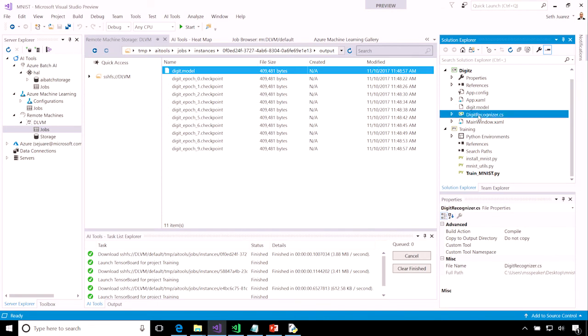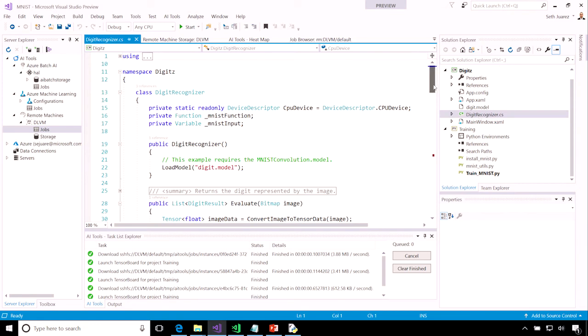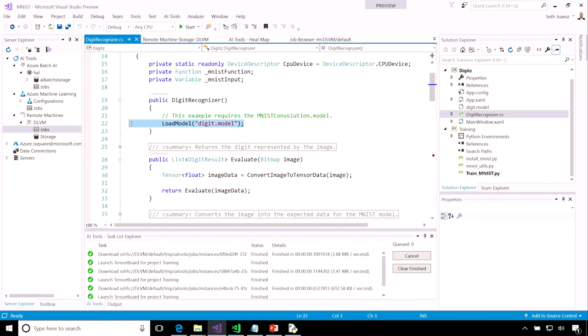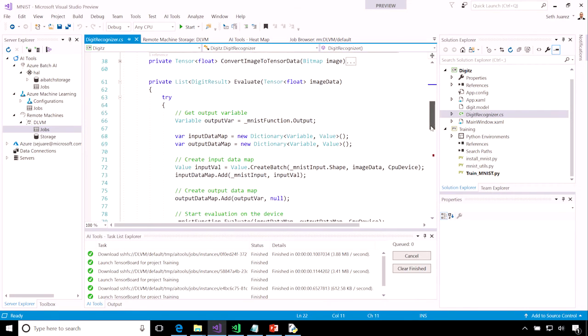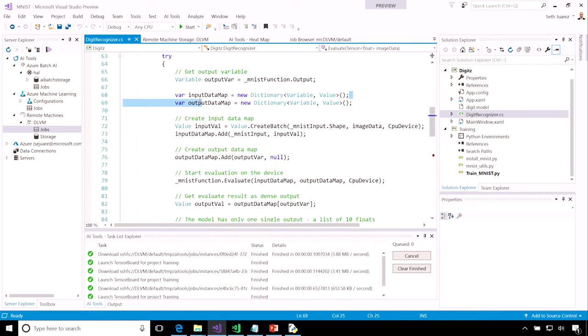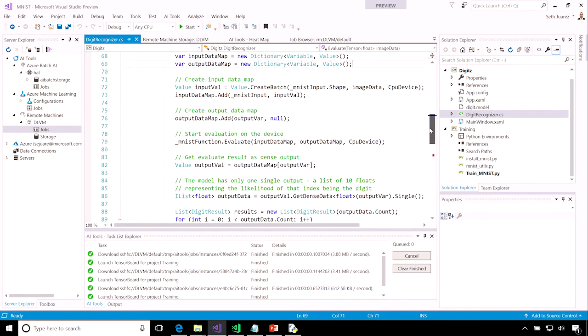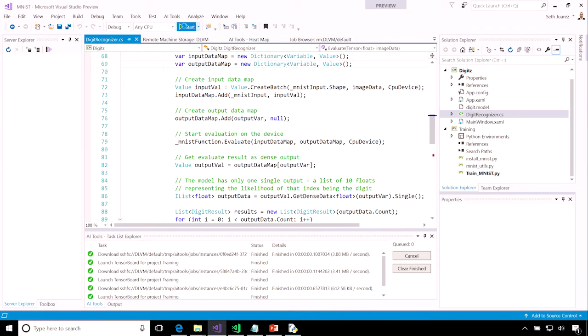To use the model to actually do inferencing, we simply load the file, and then we will take the input data of the image, the handwritten image, and output the image digit prediction. So by running this application,